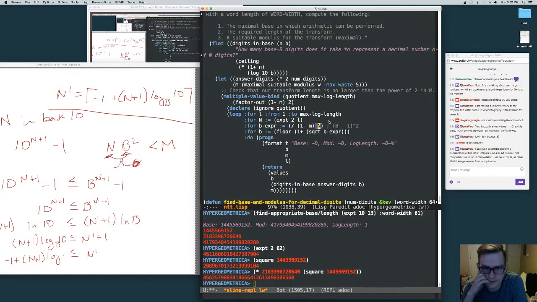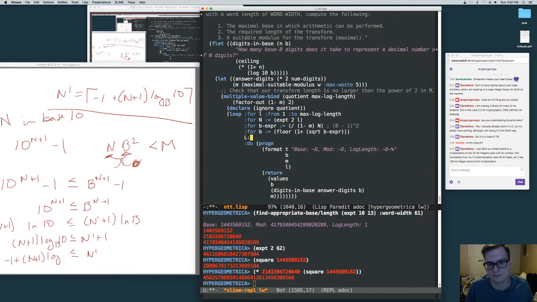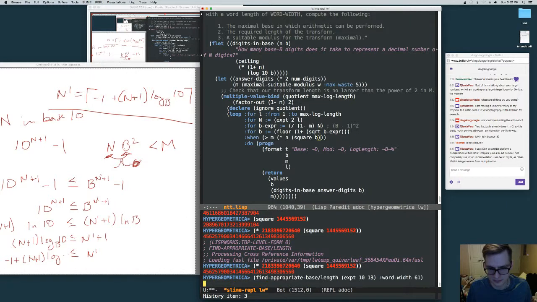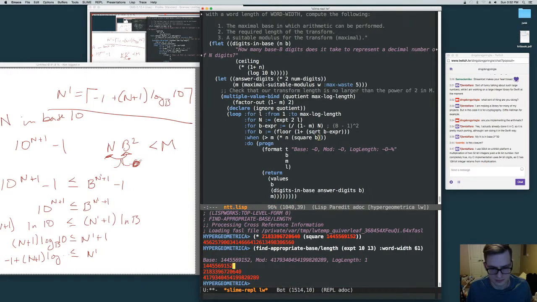So let's see. I wonder what happens if I do, when the modulus is greater than n times the square of b, so the base